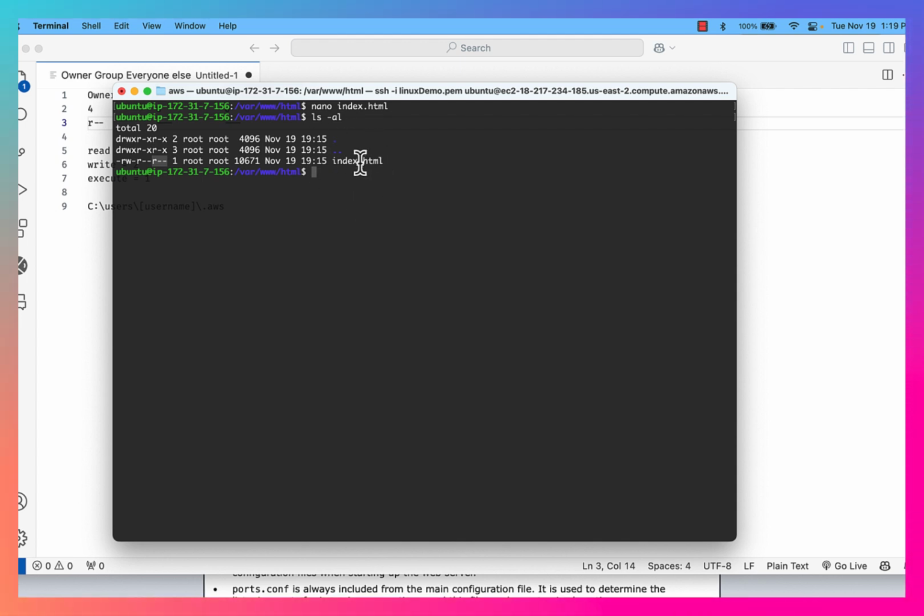Okay, so the only person that can actually change this file or write to the file is the root user account. Okay, so I can actually modify it here. So if I'm logged in to the server as Ubuntu and I'm working through an SSH client, I can actually open that file using nano as an administrator. And the way I do that is I use the command sudo and then nano index.html. Okay, so now I'm saying open nano as an administrator with the file index.html. And because I'm the owner of the file, if I'm running this command as root,